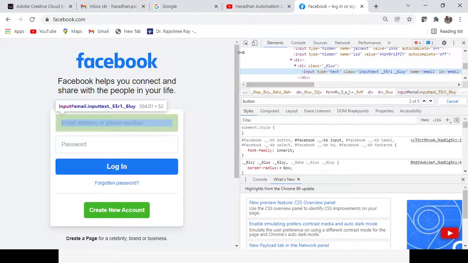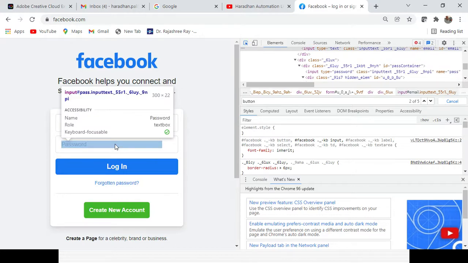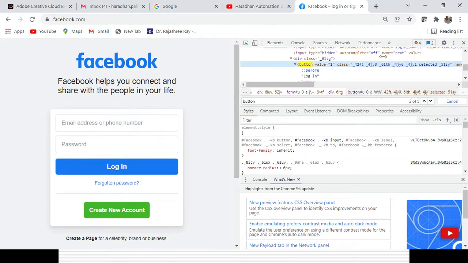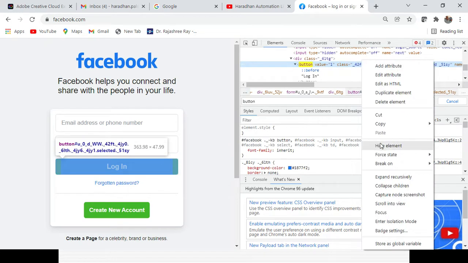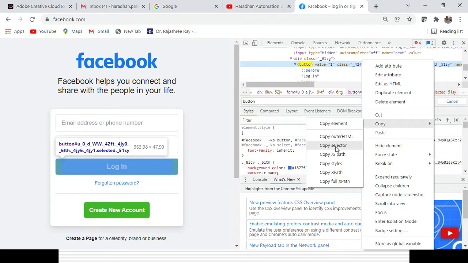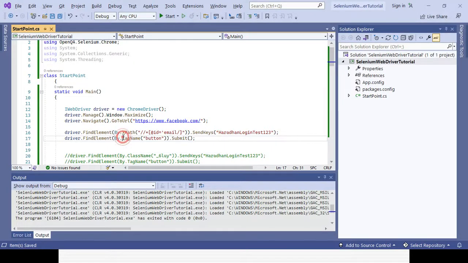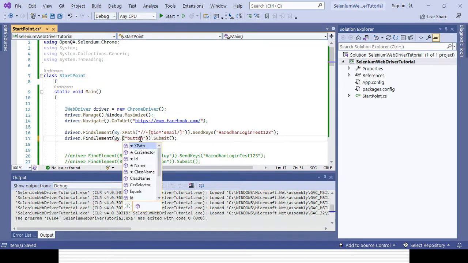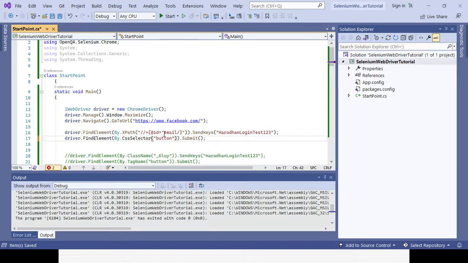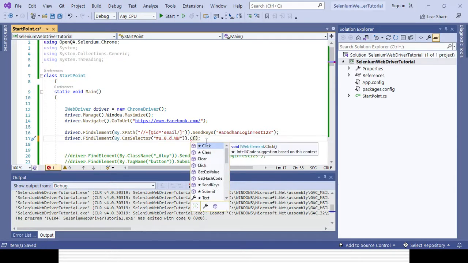Then now the next field, the password field or the login field. I can select it and then I will go for the CSS. So I need to copy and then copy CSS selector, not XPath. That one I will identify with the help of the CSS selector. So here I will be changing it to by dot css. You can see the CSS selector is coming, and here I need to change the value to the corresponding CSS selector value. It is a button here, so I can use either submit or click. Better to use a click operation. You can see this coming.